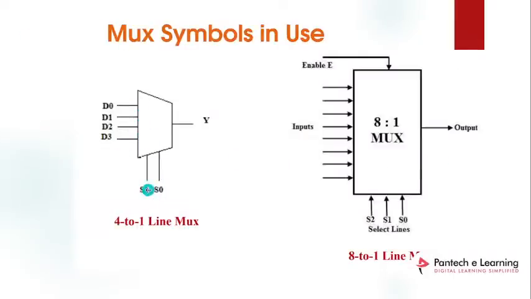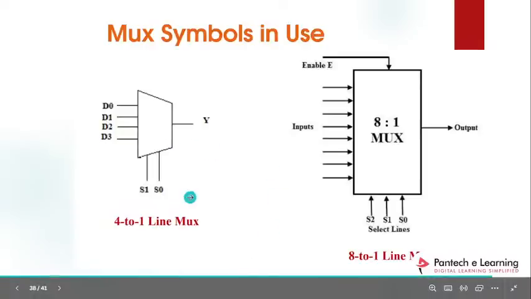If the input has 0, this input acts as the output and goes to output. And if the input has 1, the second input gets the output. And if the input has 0, the third line gives the output to the multiplexer. And if both inputs have 1, the fourth line gives the output for the multiplexer. Same while